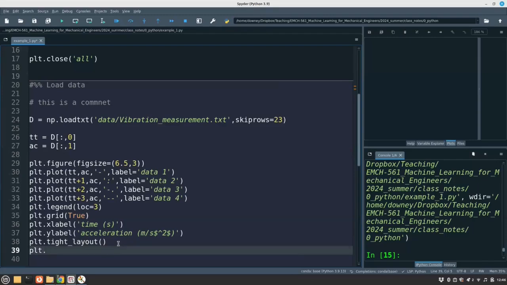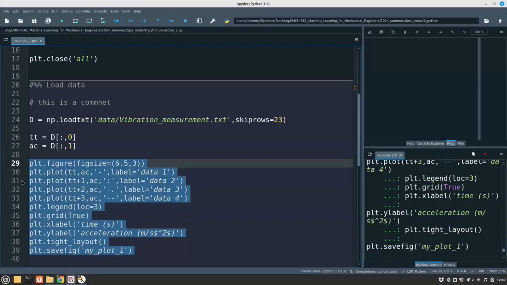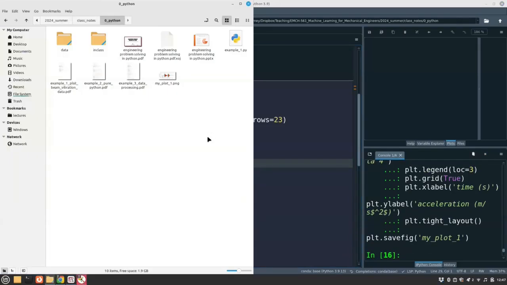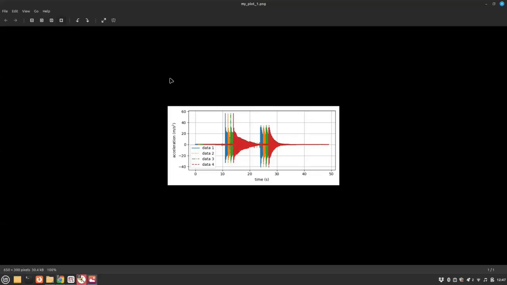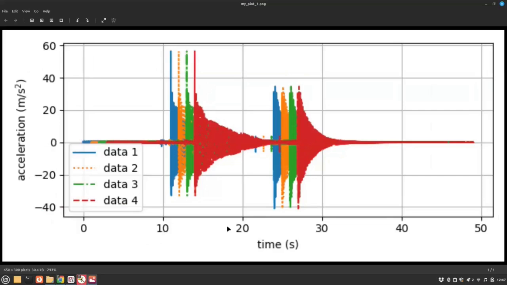And so maybe I want just a little bit of code to save it. So it's plt.savefig. And now I want a name. So my_plot_1. And now I can just highlight all of this and hit F9. And it'll save my plot as my_plot_1. So if I scroll into this, this actually isn't too bad, but you notice how like the D's